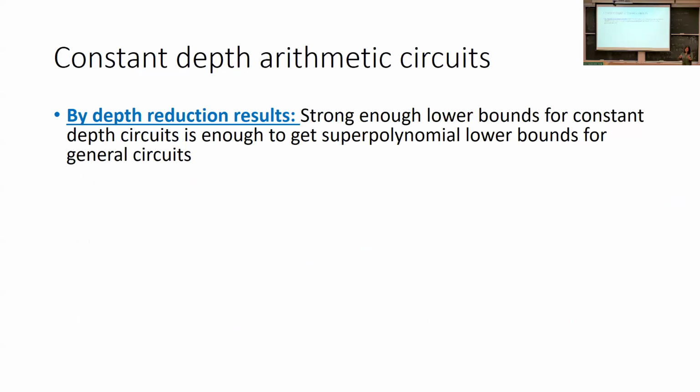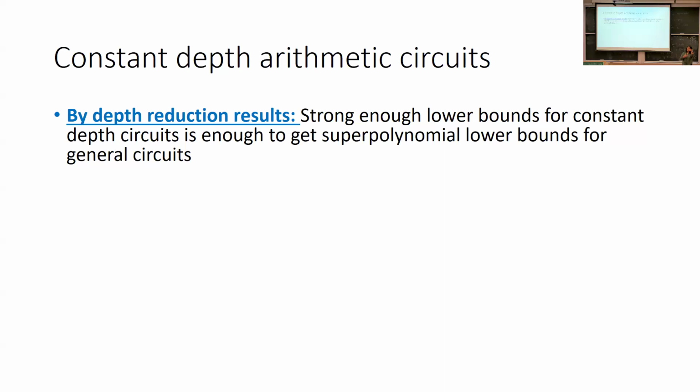So since the main result is that constant depth circuits are closed under factoring, let me tell you a little bit about why constant depth circuits are so nice. One reason is that they're really expressive. Unlike in the Boolean world, where constant depth circuits are much more restricted than general circuits, in the arithmetic world, constant depth circuits can be quite complex. We know that if you can prove the optimal lower bounds for just depth 4 circuits, you will prove VP not equal to VNP.